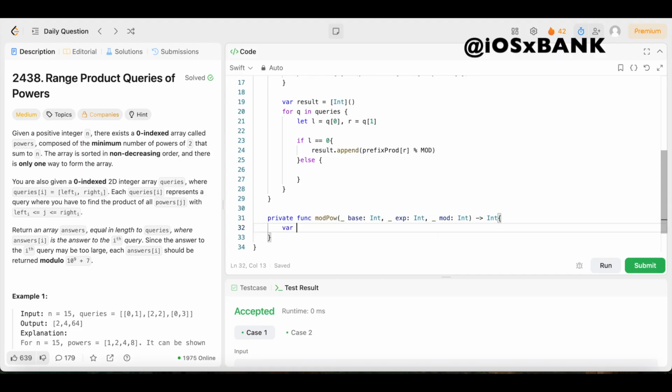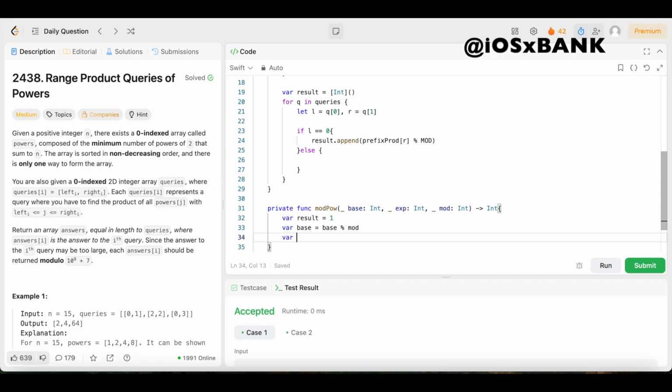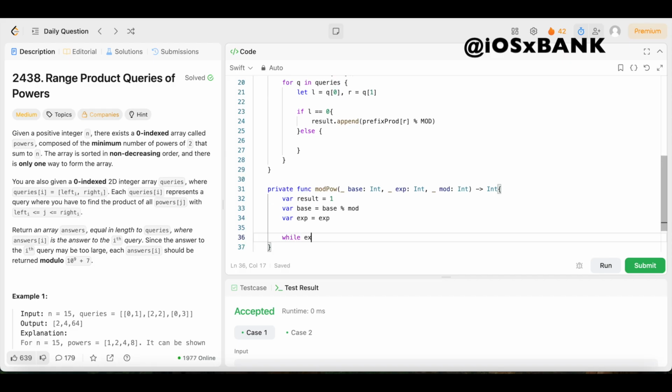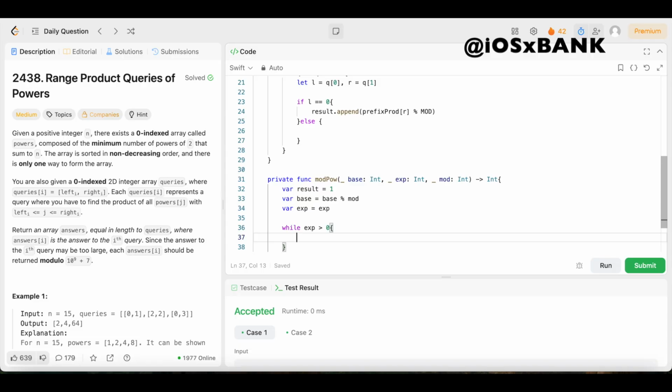So first we're gonna say var result. We're gonna set that equal to 1. That's gonna accumulate the final answer. Declare another variable called base. We're gonna set that equal to base mod mod, and that's gonna keep the base within the mod. Then we need the exponent to be processed, so we're gonna say var exp. We're gonna set that equal to exp. Then we're gonna come underneath that, we're gonna say while exp is greater than 0, we're gonna open up the